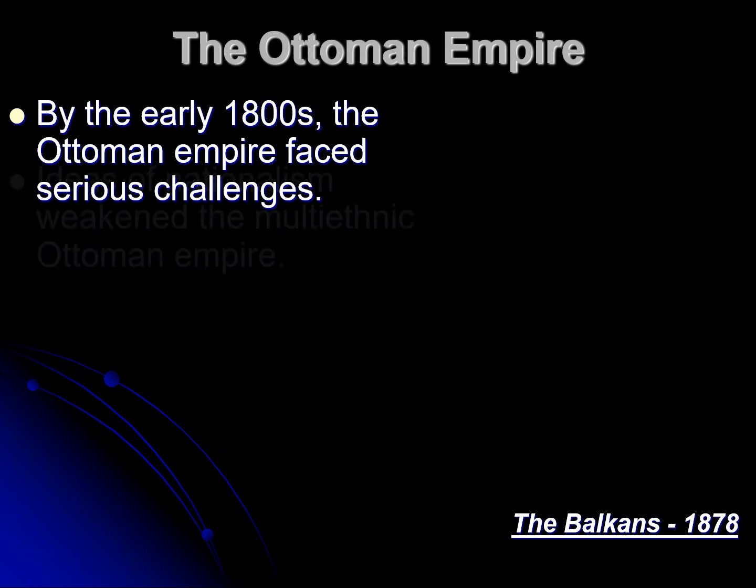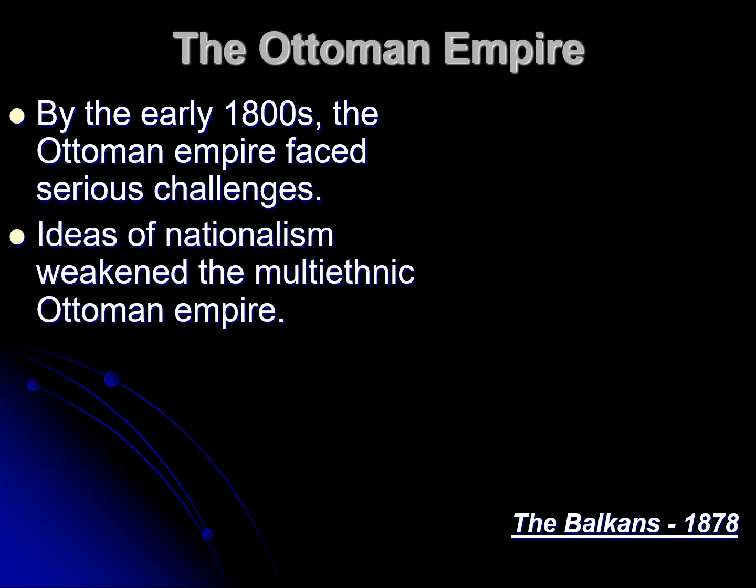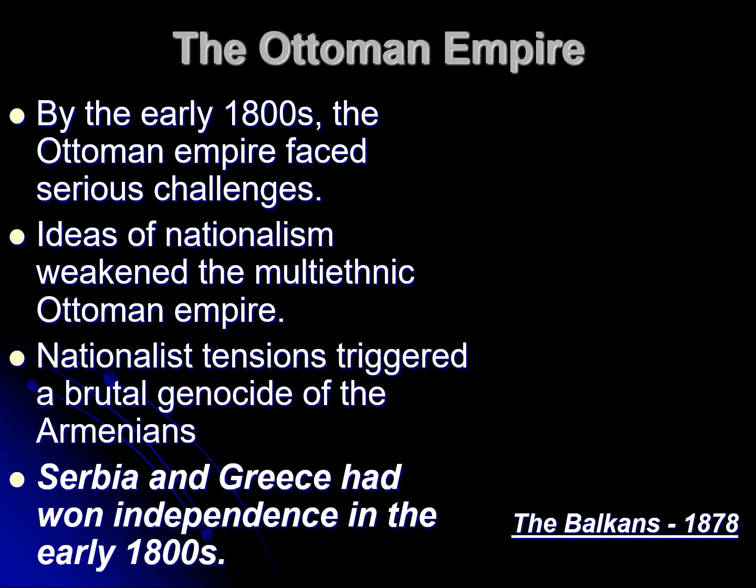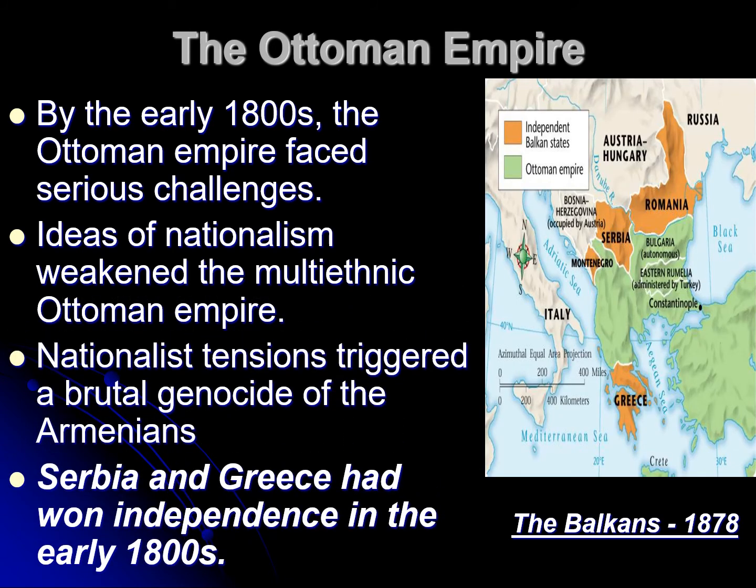Part of their problem was nationalism, okay? They were multi-ethnic, so they had many different people that they controlled with many different racial backgrounds, language backgrounds, religious backgrounds. And trying to control those people under one rule is going to cause a lot of internal fighting. And people didn't want it anymore. People didn't want to be under Islamic rule when they were Christian, or they were Jews, or they were a different sect of Islam, or different cultural groups, maybe different languages or ethnic backgrounds. And so you had a lot of nationalistic identities that triggered